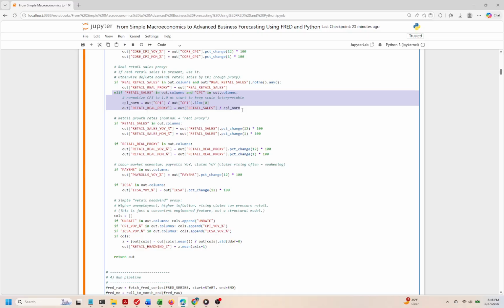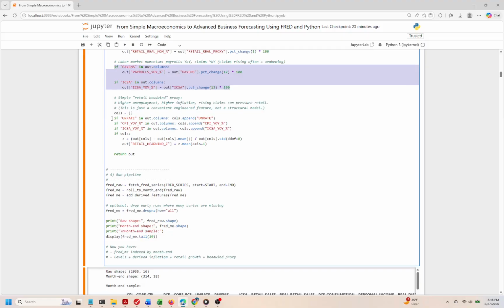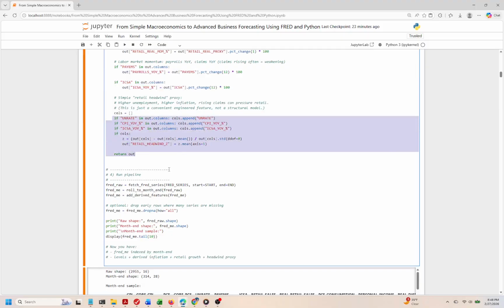The cell concludes by displaying the shape of the raw data and the processed month-end data, giving us a clear indication of our dataset's structure. With all of our indicators prepared and enriched, we are now ready to dive deeper into analyzing economic trends. The next cell likely focuses on visualizing these indicators to provide intuitive insights that upgrade our analysis to a more